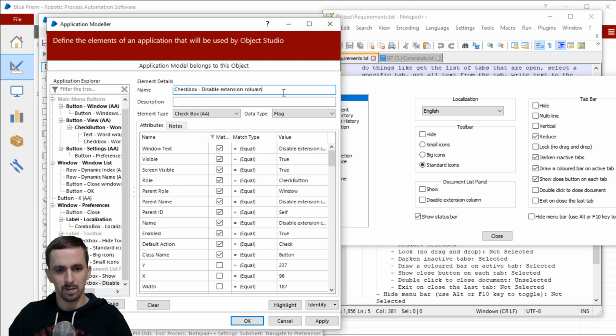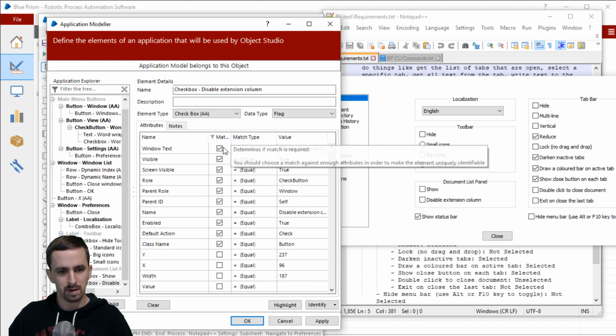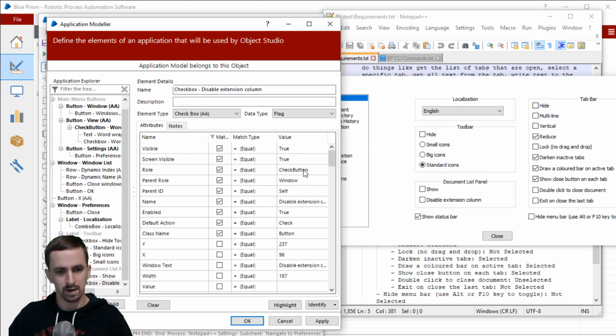You know, I was supposed to name all these with AA, wasn't I? That's okay. I don't think I need both window text and name selected. Default action. Okay, since this is actually kind of time consuming and a little bit annoying to deal with